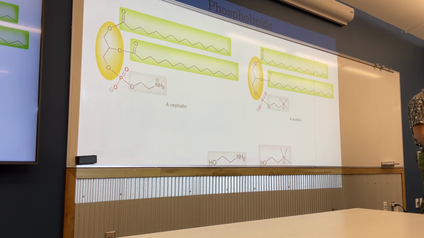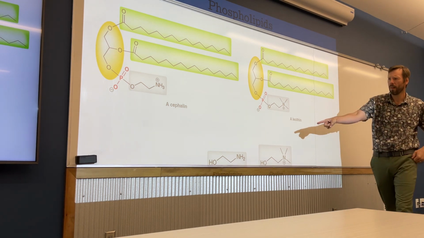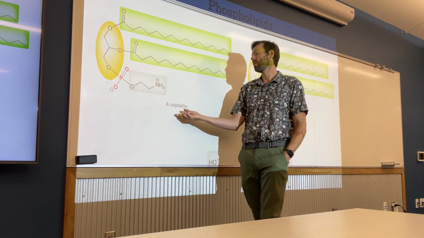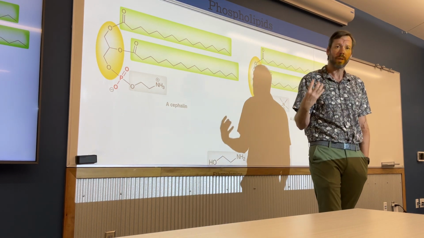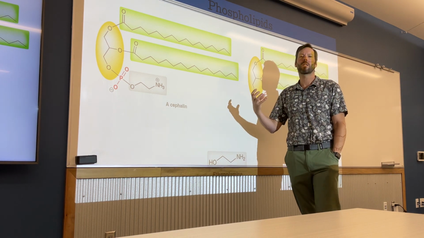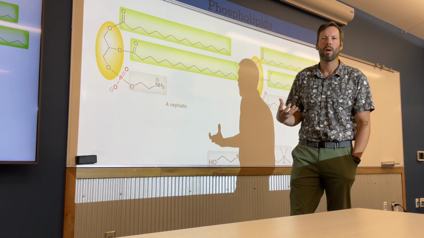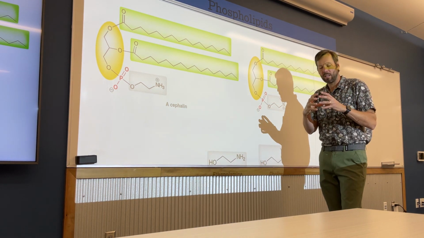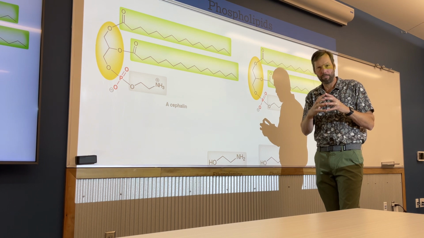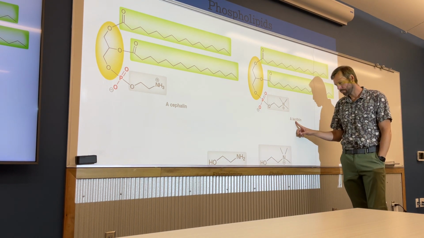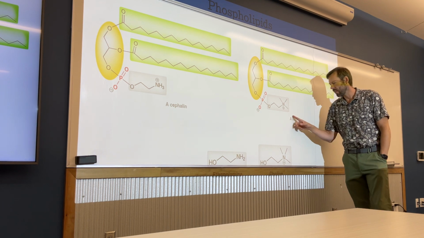So if we have ethanolamine, that's going to give us a phosphoglyceride called cephalin. And cephalin is going to be predominantly a structural phospholipid. So it's going to be what makes up cell membranes, or at least shores up the cell membrane to give it its integrity. Okay. If we put a choline on here, we get things like lecithin,